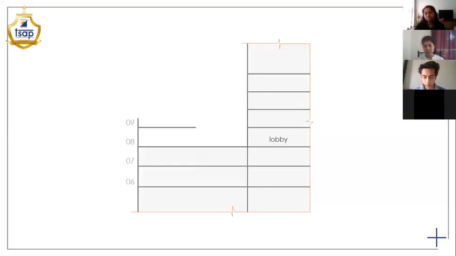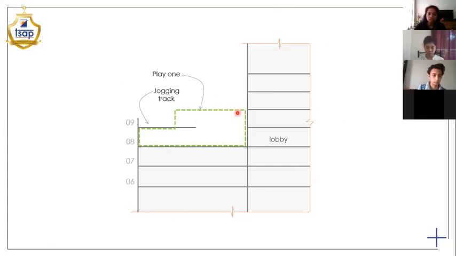So what I've done is make a basic section just to explain. This is a zoomed in section. If this represents your building, which is obviously continuing because it's 61 floors high and it's wide, I've zoomed into the part of the podium that's the 6th, 7th, 8th, and 9th floor. On the 9th floor, it's a half floor, and you can see the 8th floor from the 9th. On the 9th floor, you have a jogging track that runs all around the building and overlooks the 8th floor. This was our scope of work.